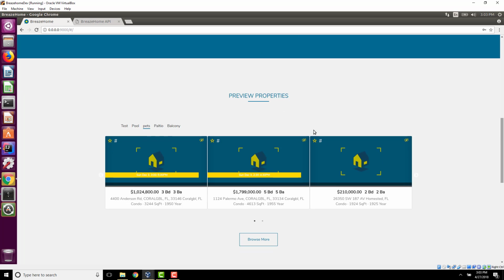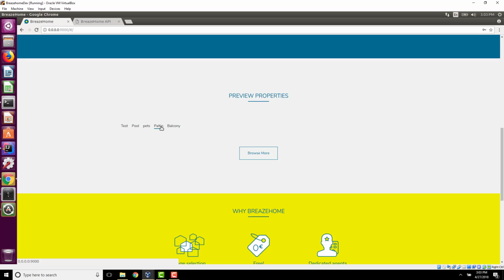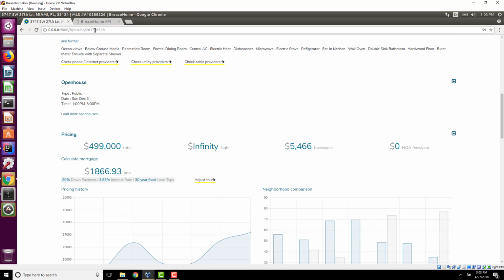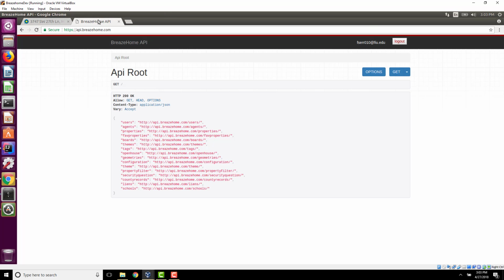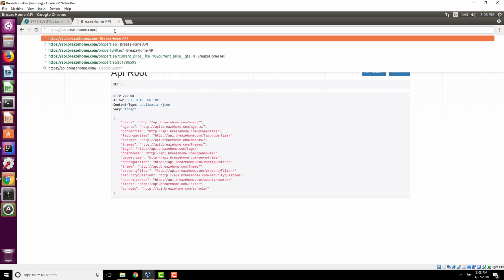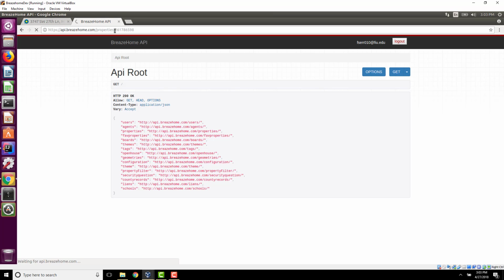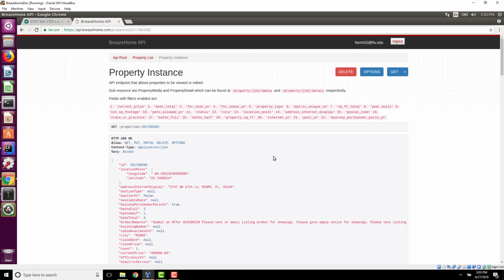So with that said, first of all, patio, and let me show you that this works. I will more or less explain to you how it works. So this is the property ID, and this is the BreazeHome API. This is where all the information on this project comes from. So if we go to properties and we paste the ID which is copied, it's going to give us that property. And we were looking for patio, so if we put patio, yes, no, here it is,